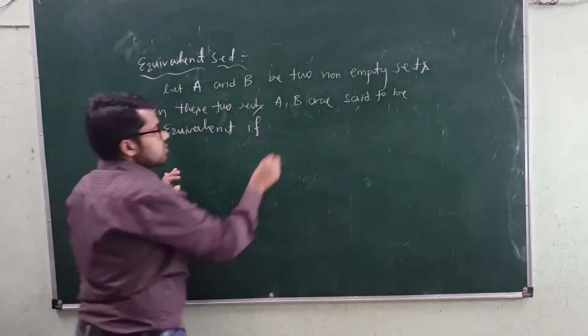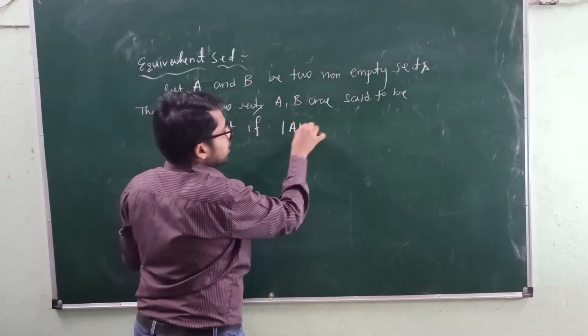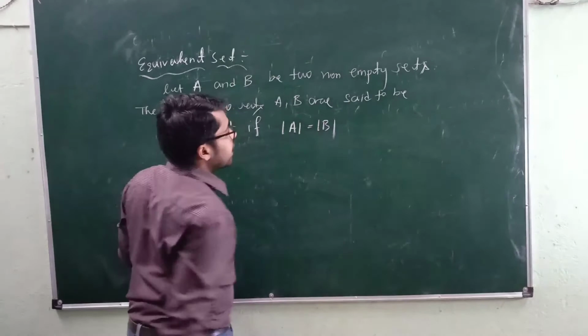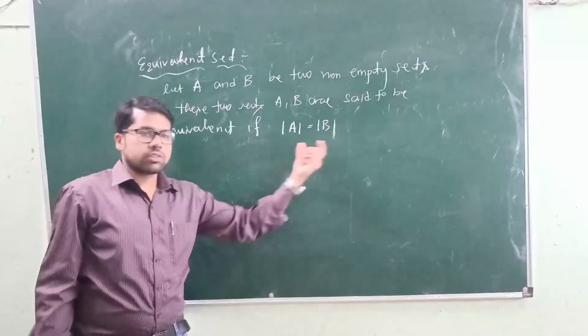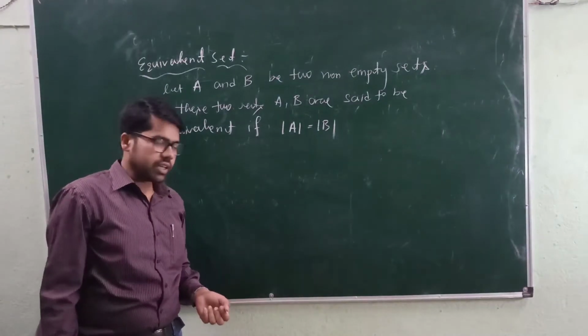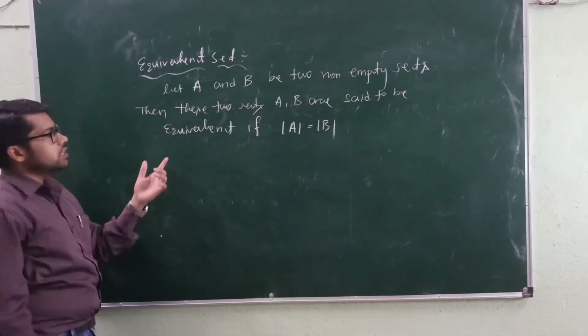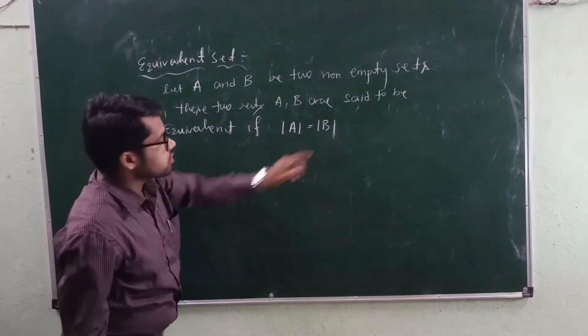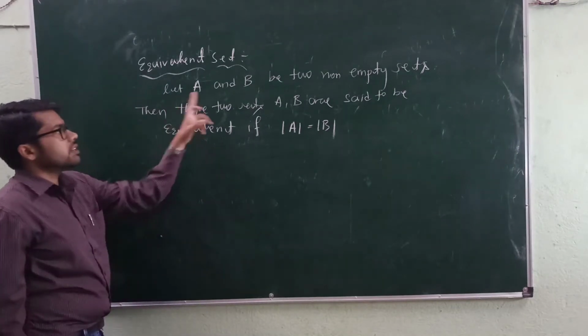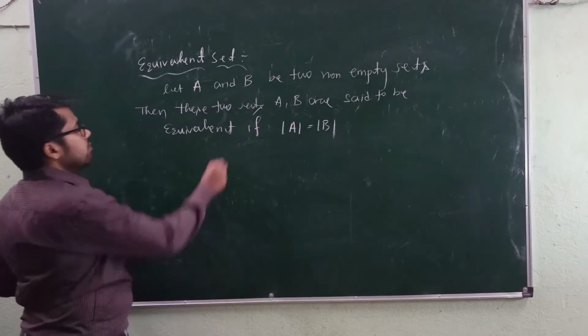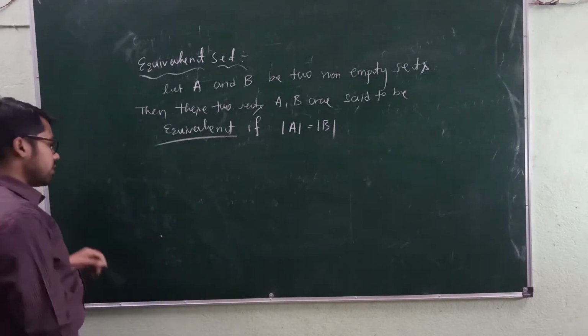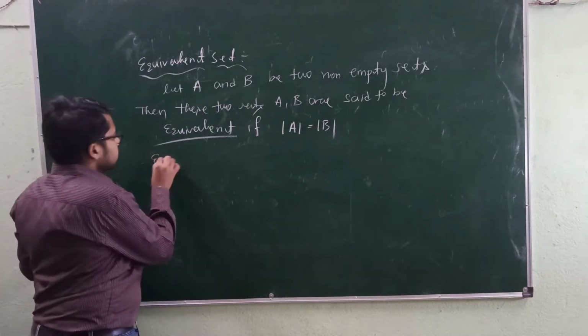if mod A is equal to mod B. That means the cardinality of set A is equal to the cardinality of set B. If the cardinality of two sets is the same, then we say that sets A and B are equivalent. For example,